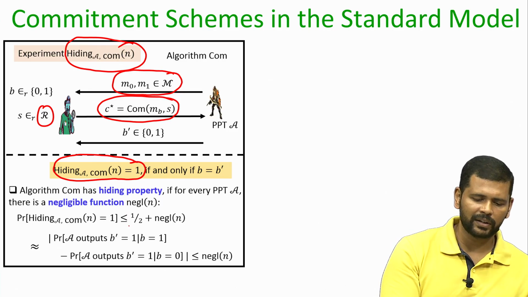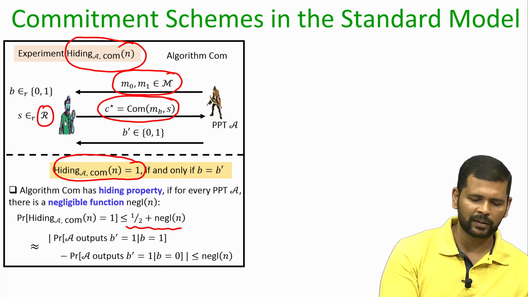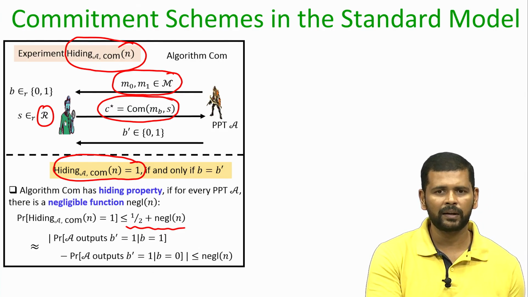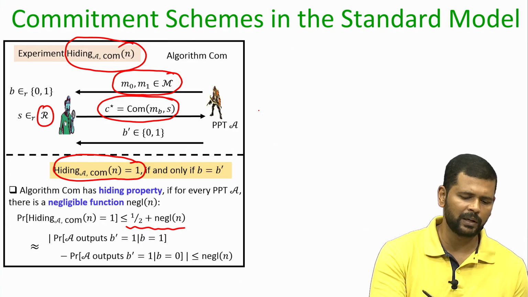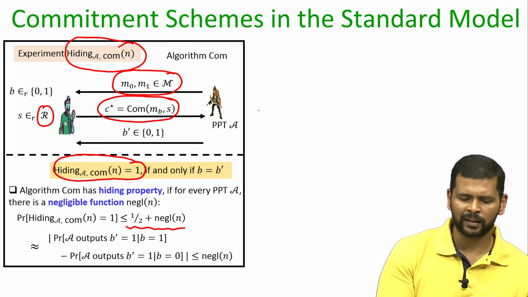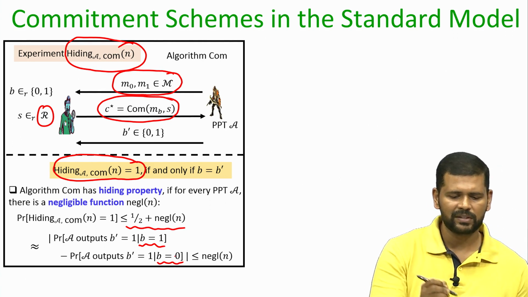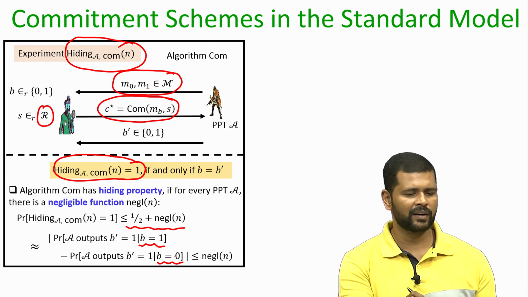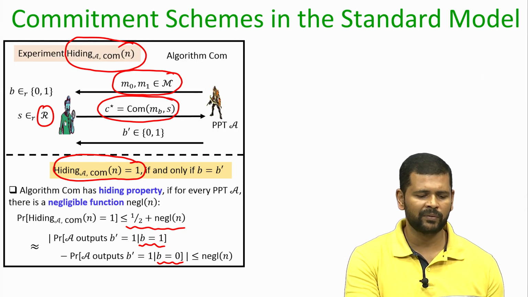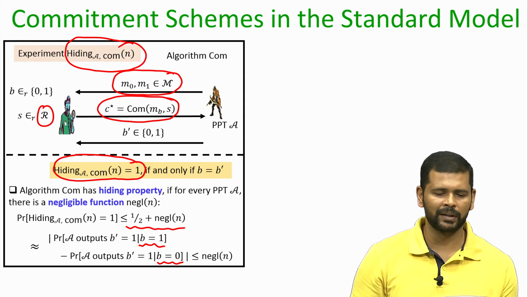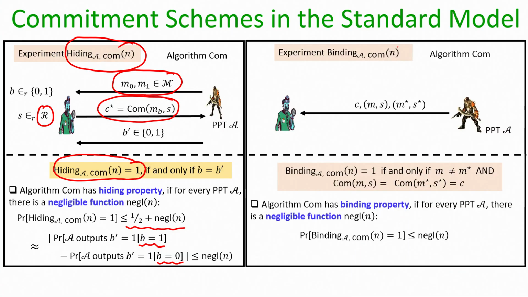And the security definition is, we say that a commitment scheme or commitment protocol COM satisfies the hiding property if the probability of any polytime adversary winning this experiment is upper bounded by half plus some negligible probability, or stated otherwise, it does not matter whether the C star is a commitment of M0 or whether C star is a commitment of M1, the output of the adversary should almost be the same, say B dash equal to 1, except with negligible probability. And the way we have formalized the binding requirement is by the binding experiment,